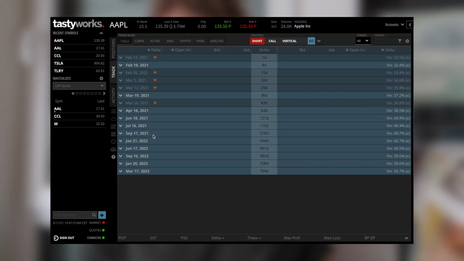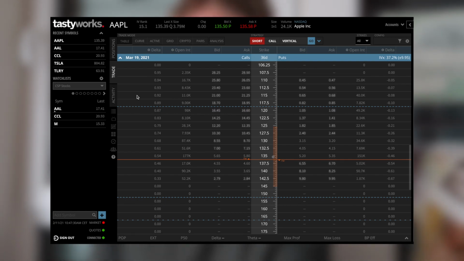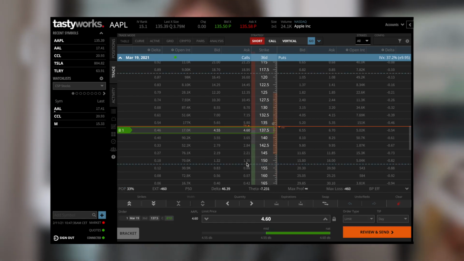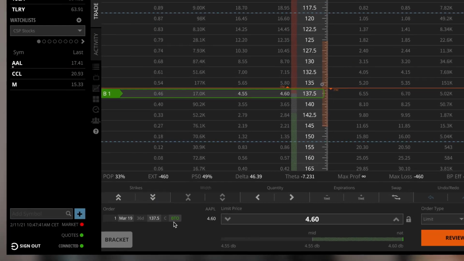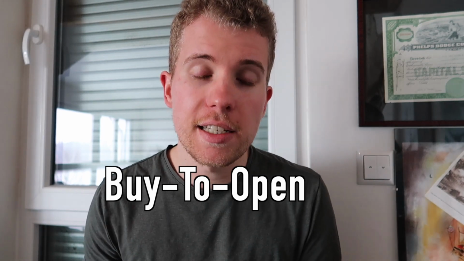And you see that if I go into Tastyworks and I actually go into, for example, Apple, and I choose a random expiration and I try to actually choose a strike, for example, a call that I would like to buy, if I click on the buy button, you see that I'm going to see BTO. That means buy to open, because I'm buying an option to open a position. I know it can be quite confusing, but stay with me if it's still unclear. It's going to make sense at the end. So as I said, you buy to open a position because you buy an option so as to open a position. That's why we say buy to open, and the acronym for that is BTO.